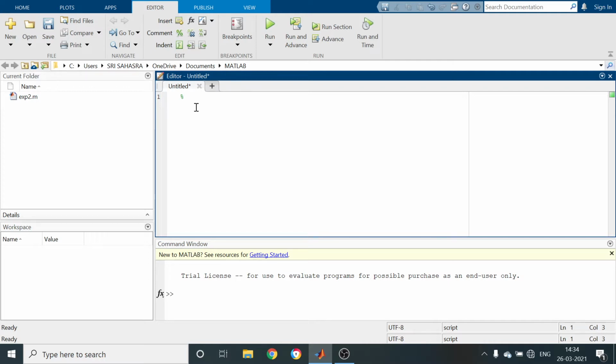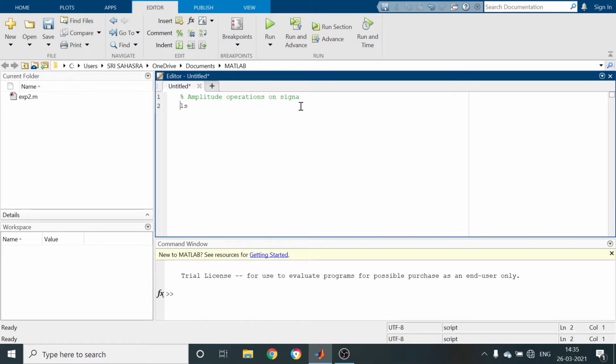So in operations on signals, first I want to perform amplitude operations on various signals. So I am going to give the title amplitude operations on signals, that is continuous time signals. We are going to do amplitude operations and time operations on both signals as well as sequences. For ease, first I am going to do the program for amplitude operations on signals.